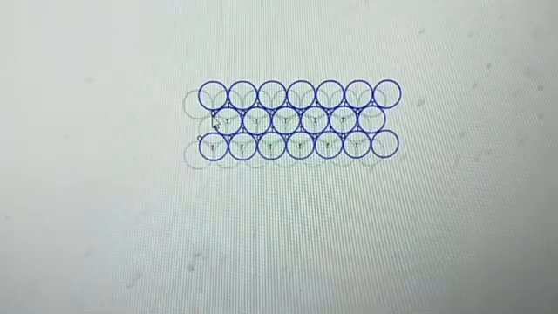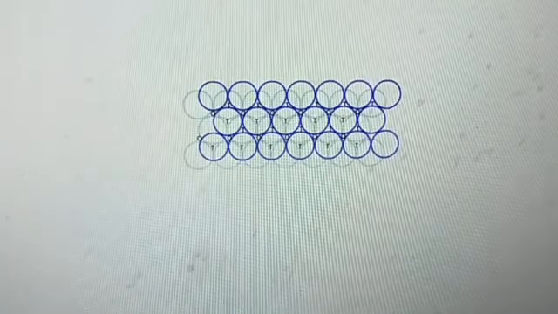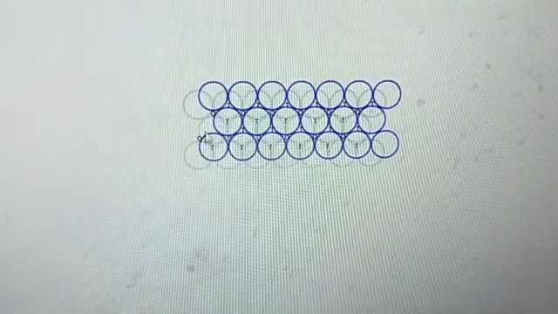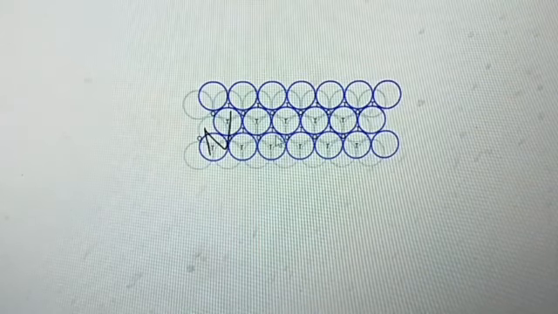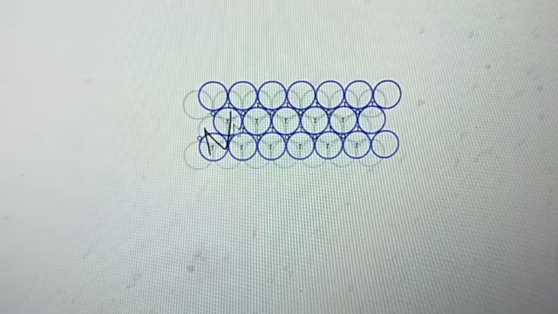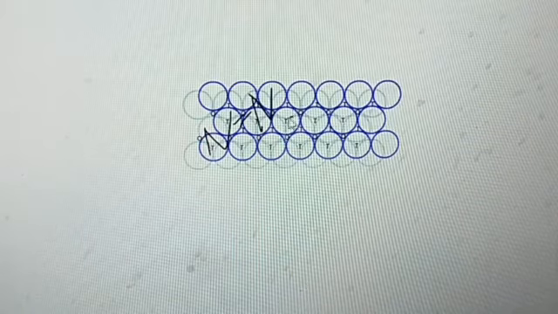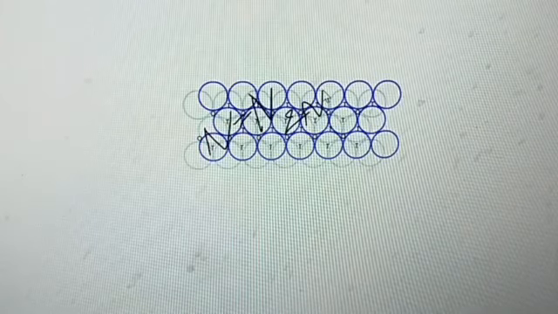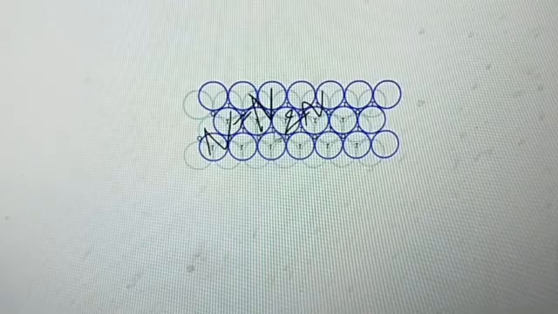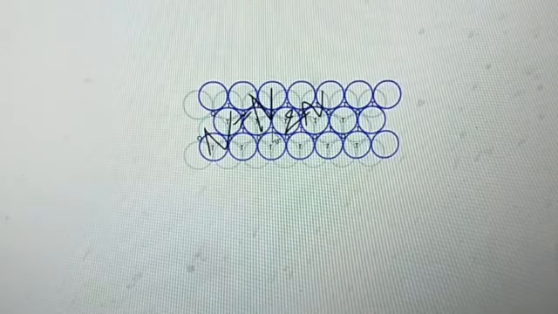If we take the number of close packed spheres to be capital N, the number of octahedral voids generated is also equal to capital N. But when we come to the number of tetrahedral holes, there are 2N. For N spheres, 2N tetrahedral holes will be formed and N octahedral voids will be formed.